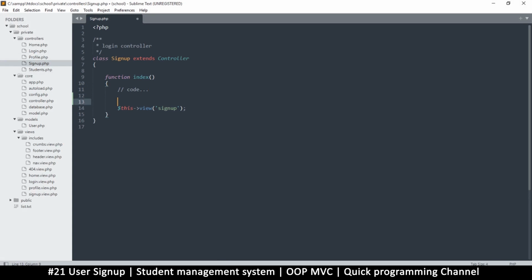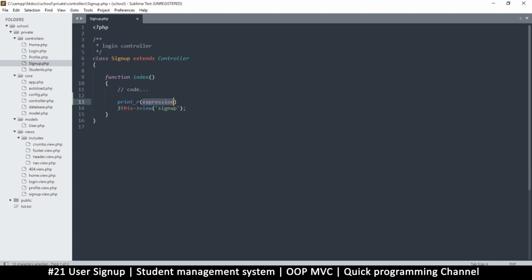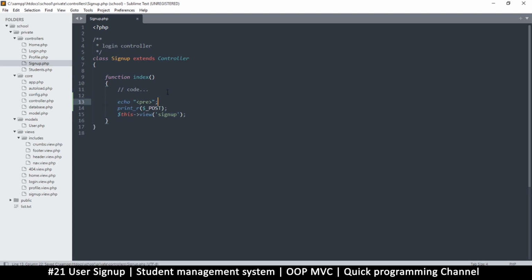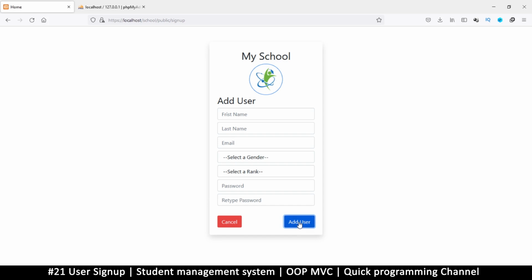So just around here, what I want to do is just print the result of my post variable. So I'm just going to do that. Okay, and I want to echo some pre-tags right here as well, so I can see things a little bit better. So I'm just going to say add user here,